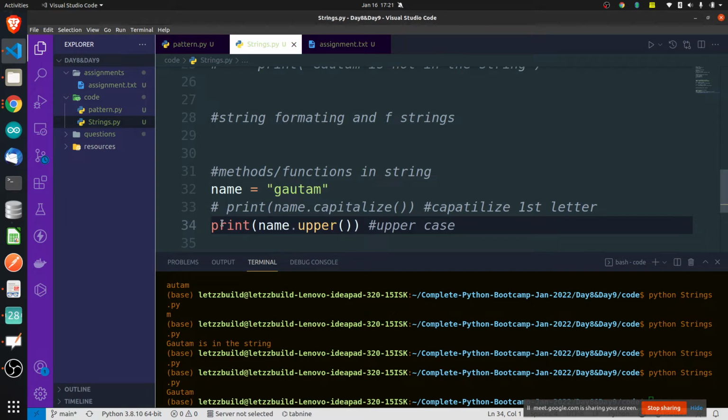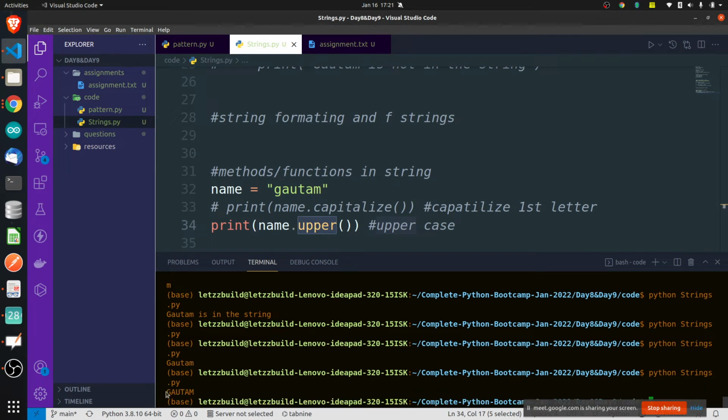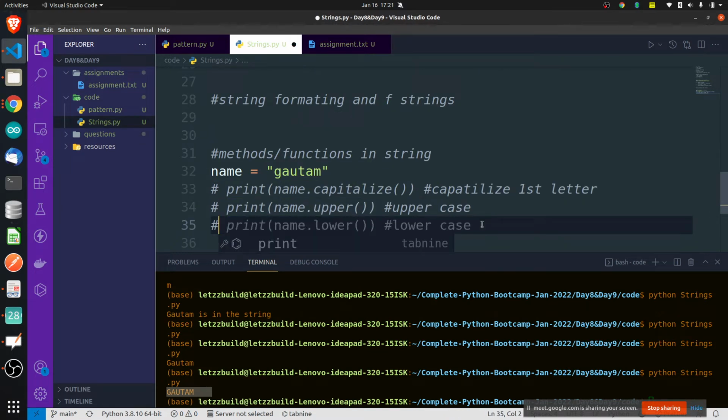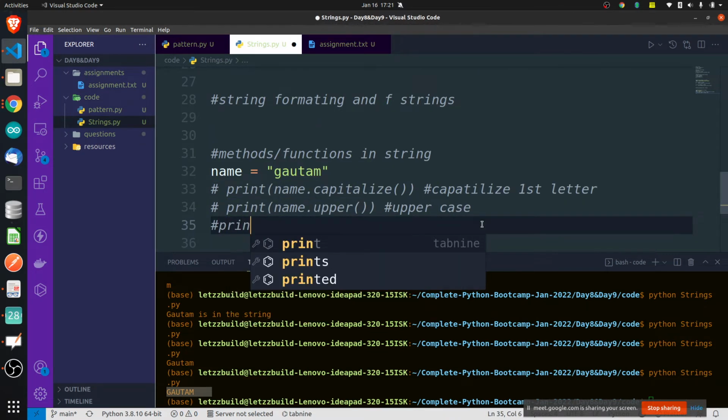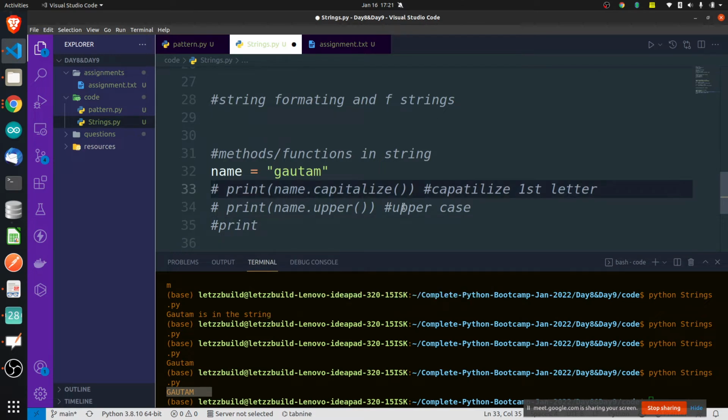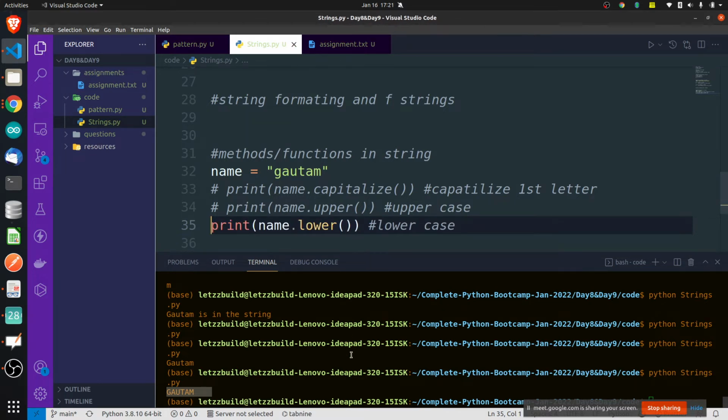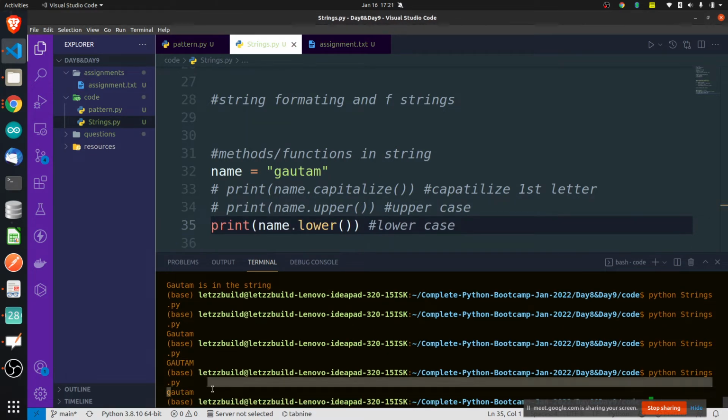If I just type the name, whatever the name is, it is actually a string. These are all methods of strings. Don't use them on integers. If you do name dot upper, it will completely uppercase it. Very simple. There is nothing to think about here because you already know. Similarly, you might be guessing that you must have one for lower also. There is nothing very difficult in this. Name dot lower: if you run it, you will get all lowercase.